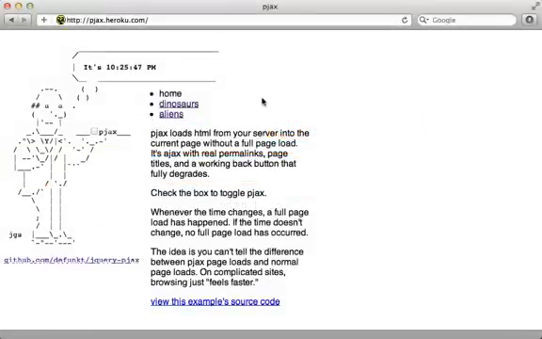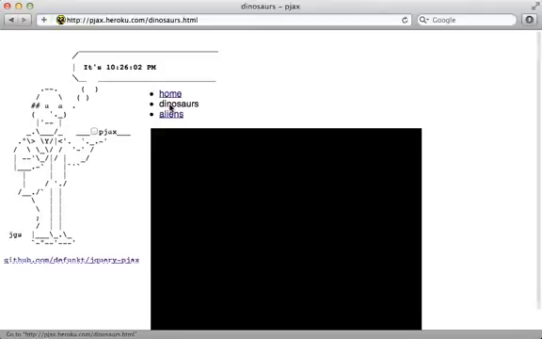PJAX is a jQuery plugin written by Chris Wanstrath that allows you to easily swap out a section of a page using AJAX instead of doing a full HTTP request. For example, there are several links here on this demo page, and when you click on one without PJAX enabled,